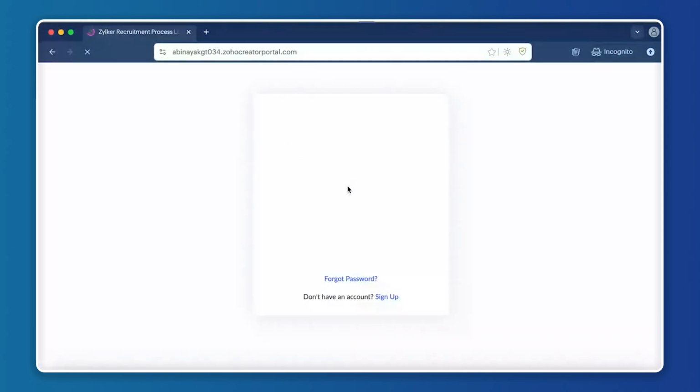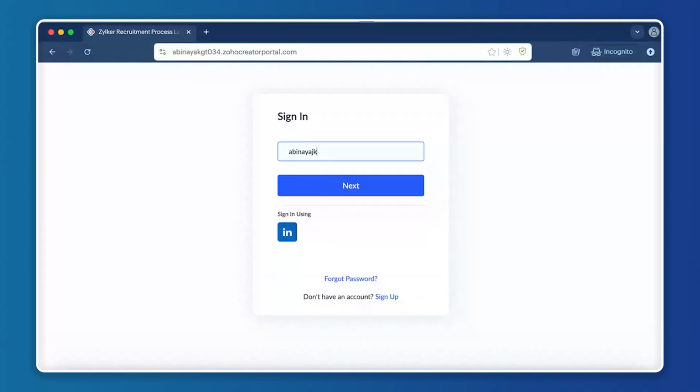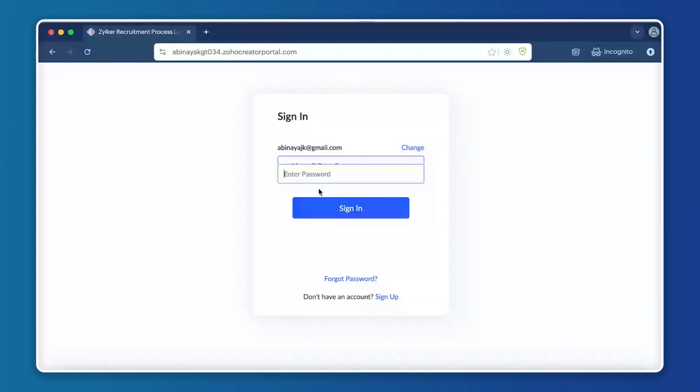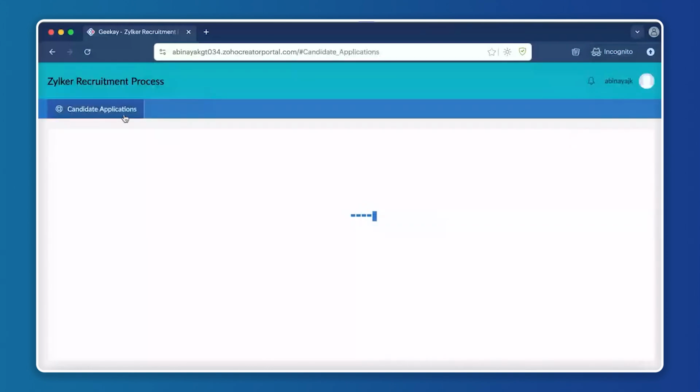Once you get into the portal, under this candidate application, we have an applicant named binayajk@gmail.com. Just go ahead to give the password. It'll take you to the portal